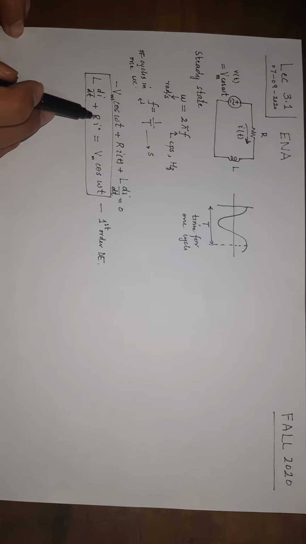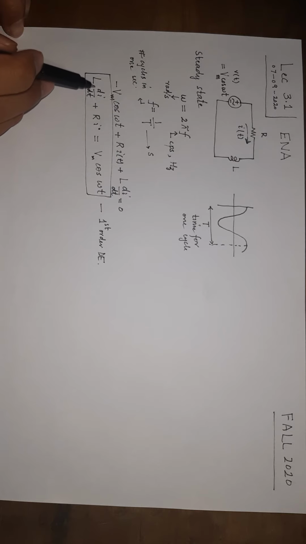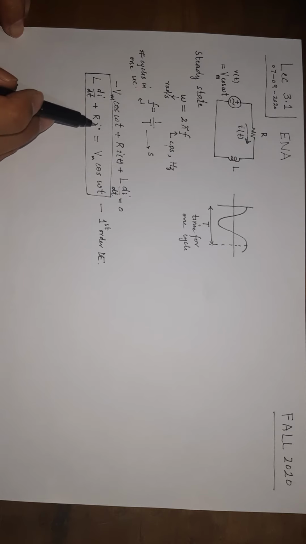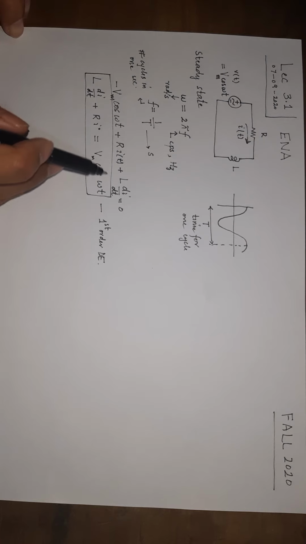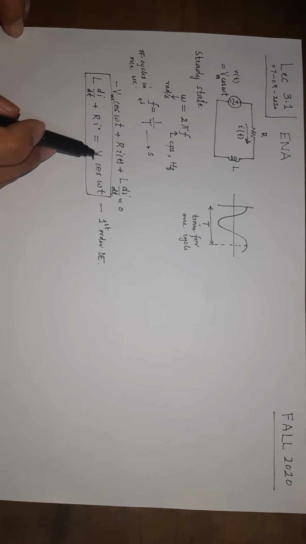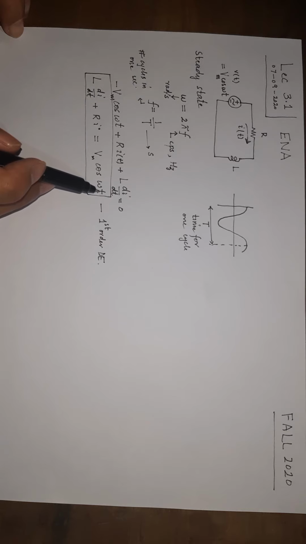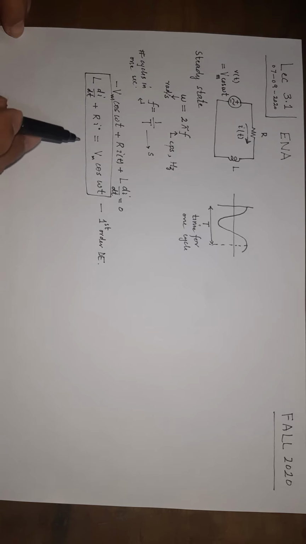If this is sinusoidal, then this is obviously a sinusoid as well, and the sum of sinusoids of the same frequency gives a sinusoid of the same frequency with a different amplitude and a different phase angle. I will talk about this phase angle later on as well. So I hope you are following my arguments and these steps, and the rationale behind them is very, very important.